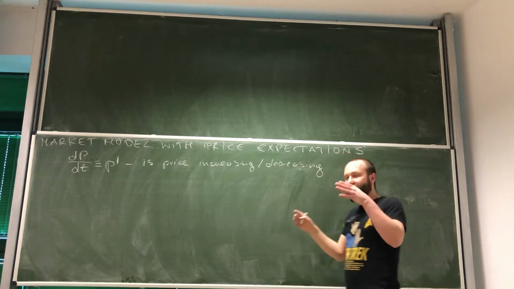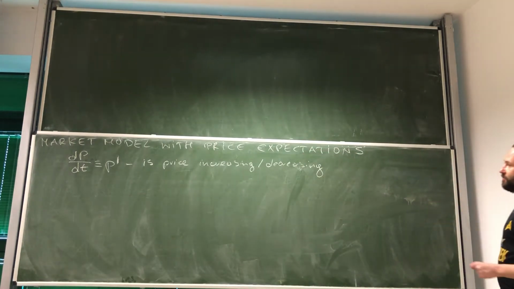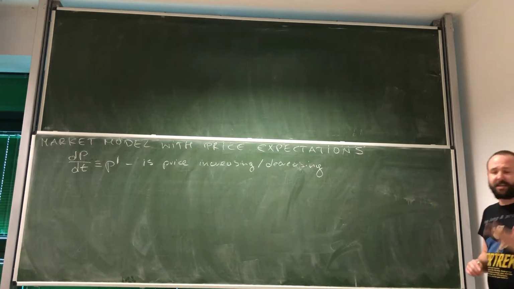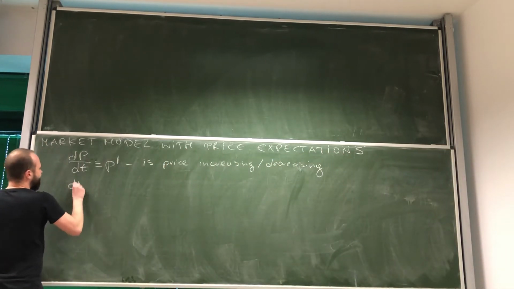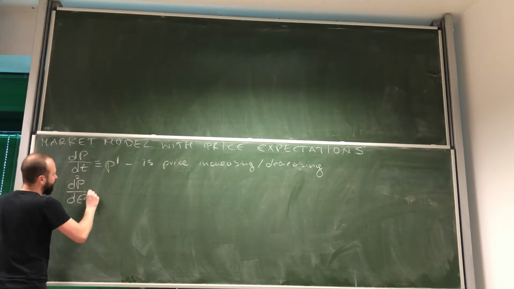To get this information into the model, we need to assume that customers also look at the second derivative. So we will get information from d squared p dt squared, or